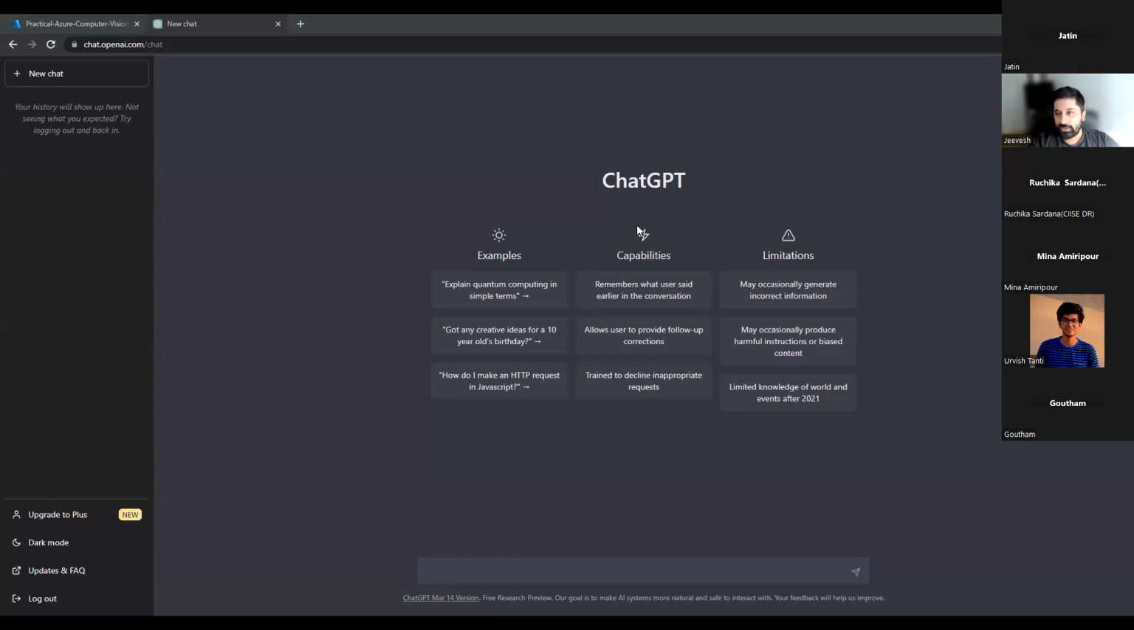This is ChatGPT, which is using OpenAI. ChatGPT is the product. OpenAI is the technology. ChatGPT is one of the products, and there are multiple products built on top of OpenAI, which I'll talk about in a while. And this is generative AI because it is generating something from scratch. So I'm going to show this to you. For example,